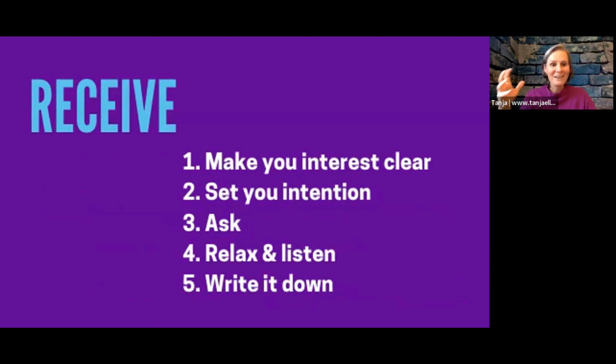And if you are a quantum explorer and you have really big questions about life and the cosmos, but also in other cases, I recommend that you bring a pen and paper so that you can really note down your answers. Because in this process, where our mind is in a different frequency, everything appears so clear all of a sudden. But once you shift out of this frequency again, a bit of this can be lost. So if you write it down, you make sure that you get all the details that are important for you.